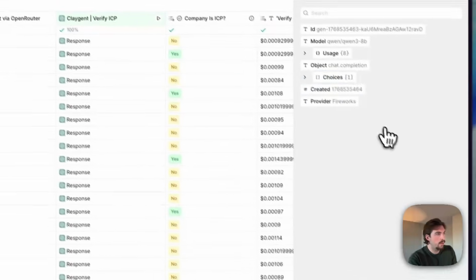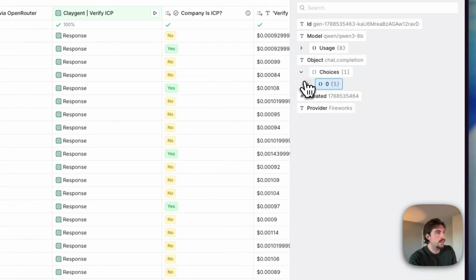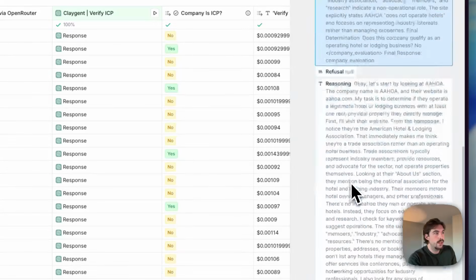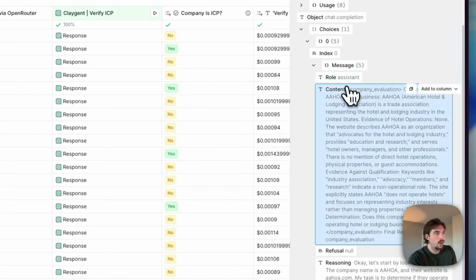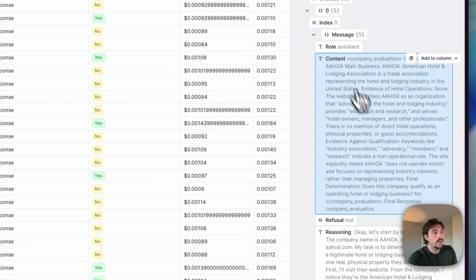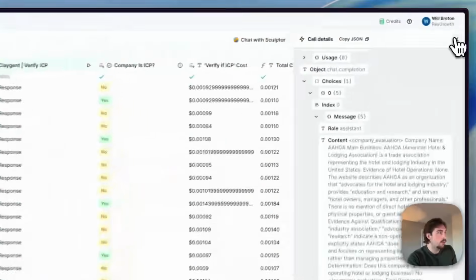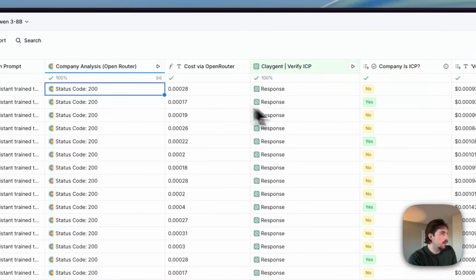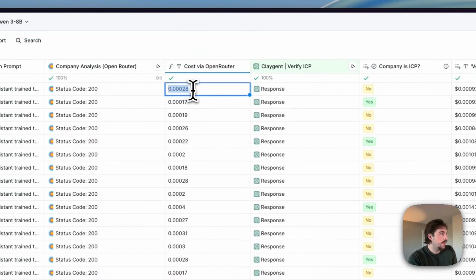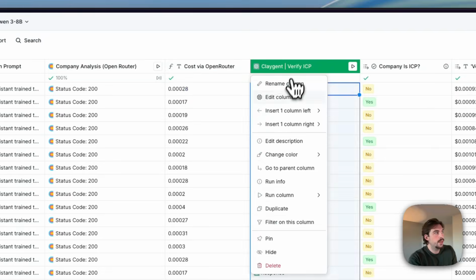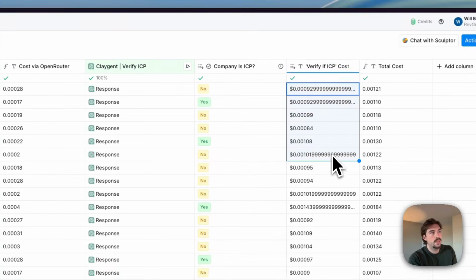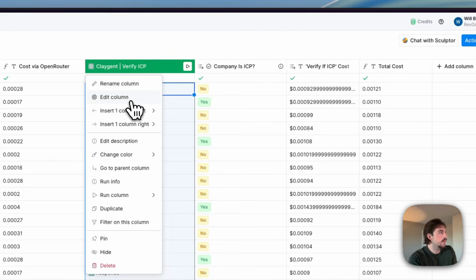So this is what the output looks like when you run that prompt. You go to choices, 0, messages, and then you get the content right here. So realistically, you get your answer to 'does the company qualify as a fit?' No. So you could run that, and for this price right here, you'd get your answer. The thing with running the Clay agent again, which made this actually more expensive, so it's actually more than a 90% savings, is,